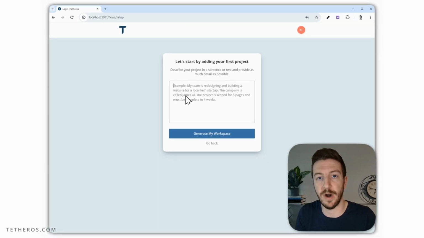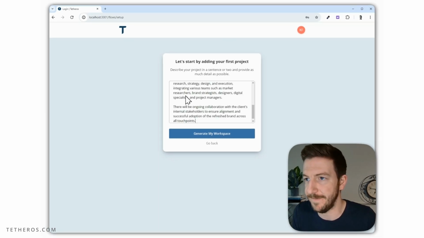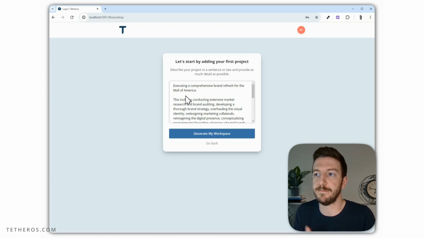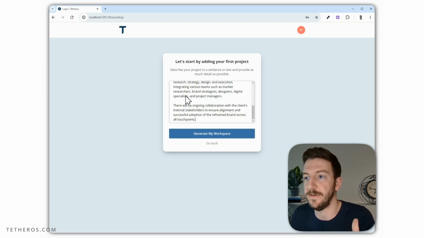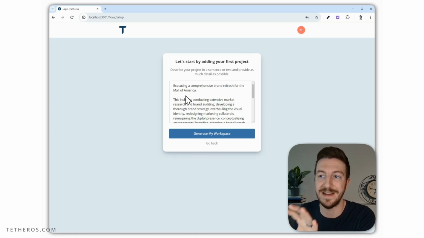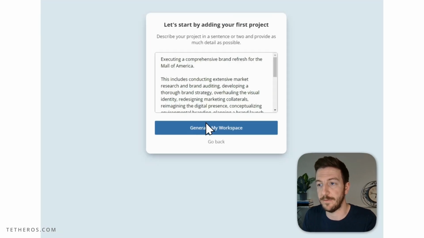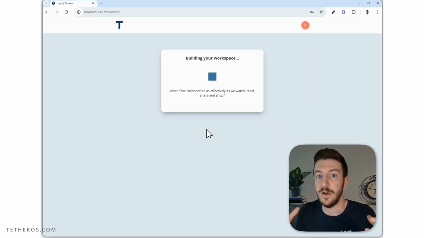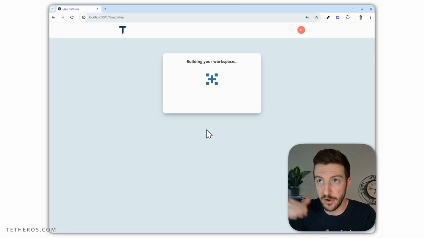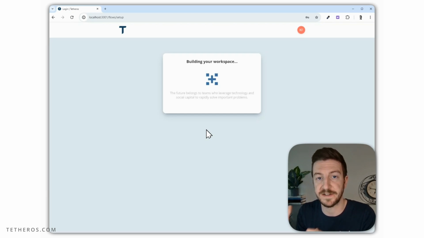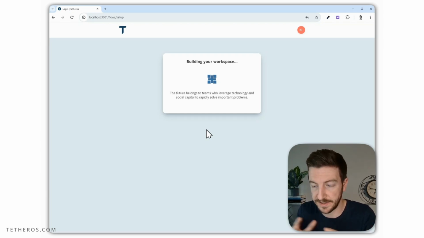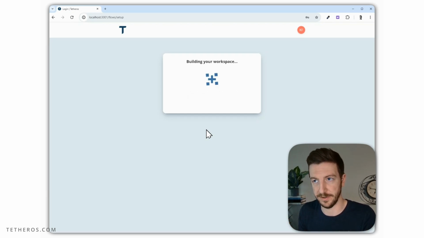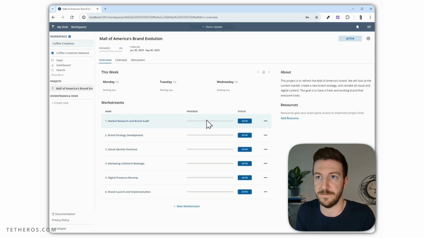We have a project prompt. We're going to do a project on behalf of the Mall of America. I'm a Bloomington native. That's what we're going to do. Let's say the Mall of America is doing a brand refresh. They're going to do a few things. This statement of work I'm going to paste in here will be used by Tetheros to generate an entire starter project with all of the tasks that we need to accomplish, or at least a starting point with tasks for us to accomplish. So it created this project for us, Mall of America's brand evolution,